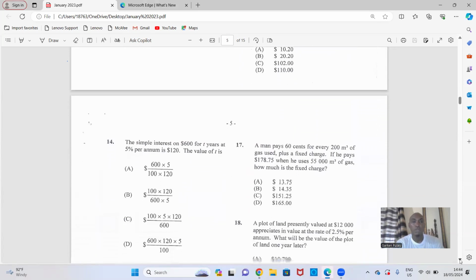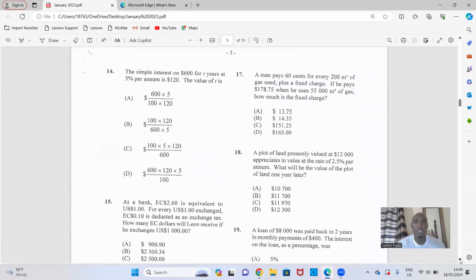All right, so we're going to jump to question number 14, which is simple interest. Now, it says the simple interest on $600 for T years, so we don't know the time, at 5% per annum is $120. The value of T is. Now, what's the general formula we use to find simple interest? Let's just write that first. Simple interest,